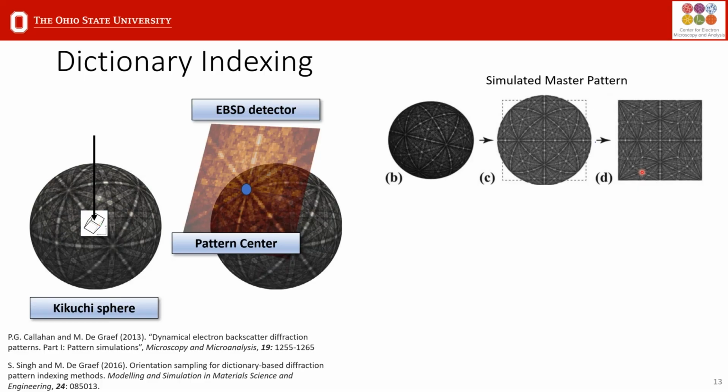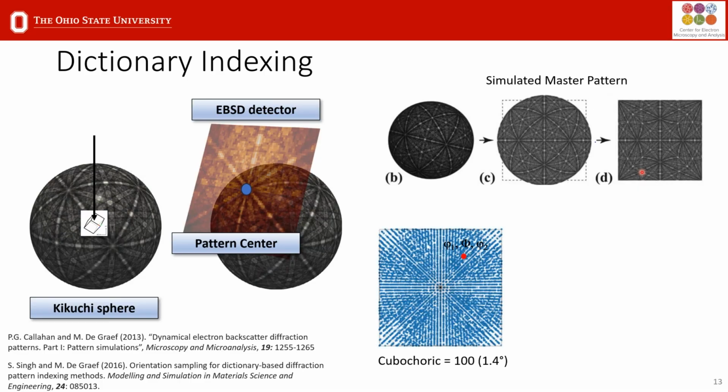Now, to simulate the orientations, you would then sample all the orientations for your particular crystal. So this is an example of the cubic crystal. And for all the possible orientations, we space out these orientations by 1.4 degrees. And you'll take the 3 Euler angles. And then what the simulation does, it rotates this simulated master pattern to that angle and projects it onto the